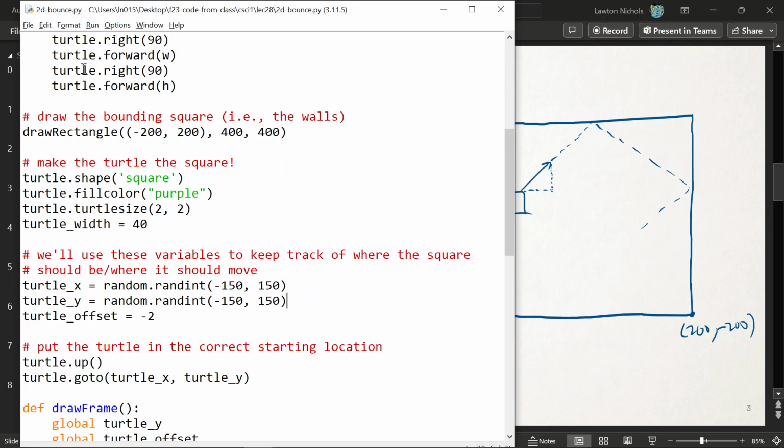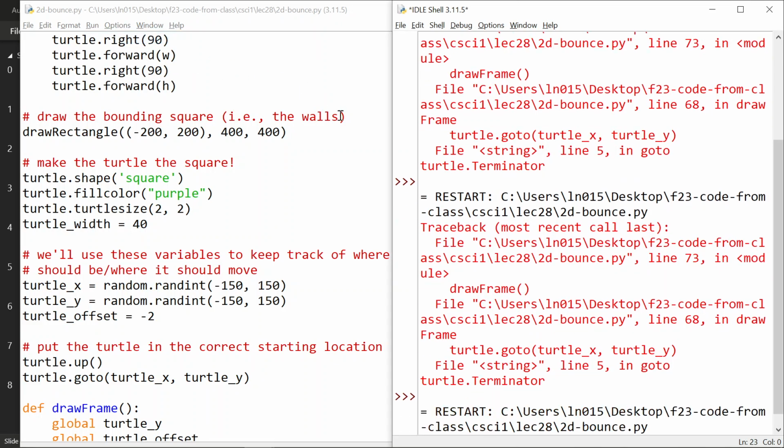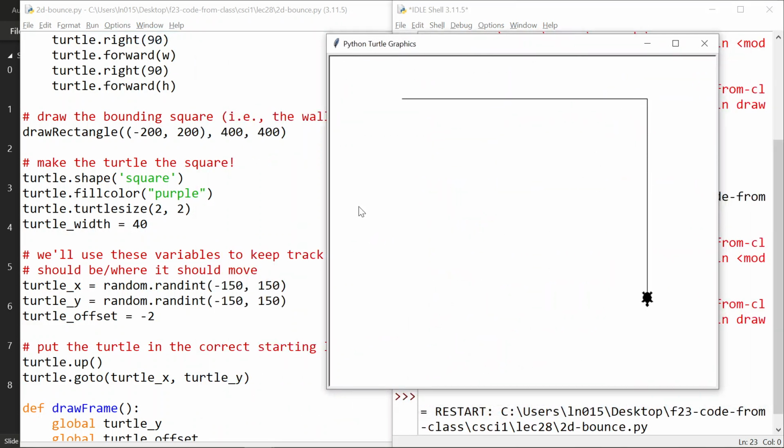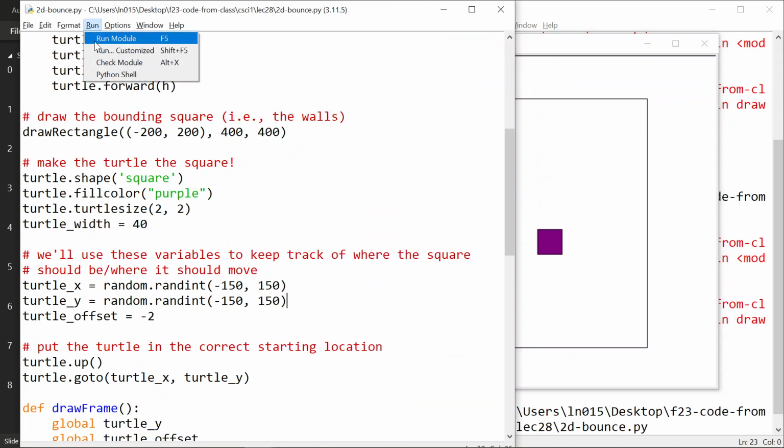And then, what does that look like? So now when I run the program each time, it's going to be a random spot just somewhere within this bounds where the ball starts its life, but it's still starting going down because I'm only doing y offsets. So if I rerun it,